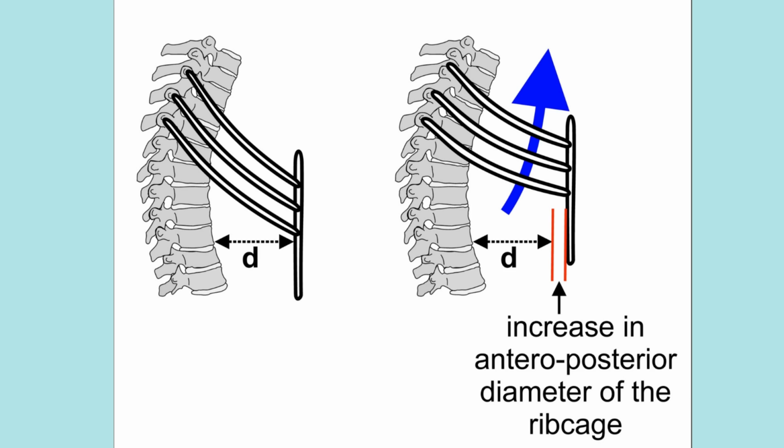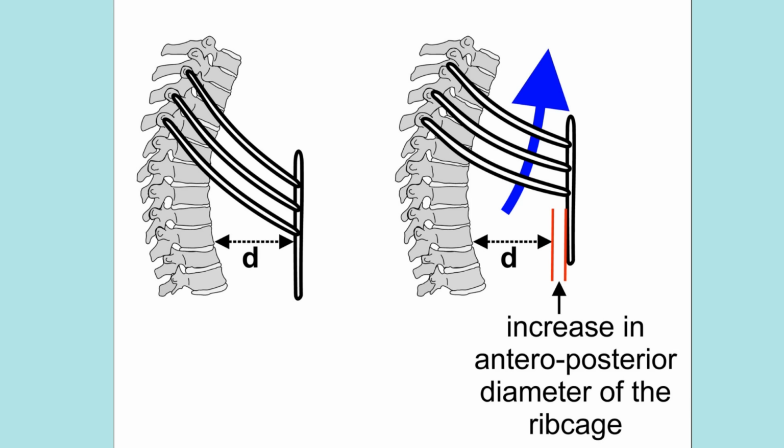And the way I've always understood this is, if you take both of your hands and touch them together at the center, forming like a cavity in the middle, and you imagine that your fingers are your ribs, then you will understand what I'm talking about. If you place your hands slightly downward, so this is like your normal position, and then you raise your hands up, then you can understand that the diameter is increasing. So any muscle which elevates your rib cage will be your muscles of inspiration, because they are helping you increase the anterior posterior diameter of the chest cavity.